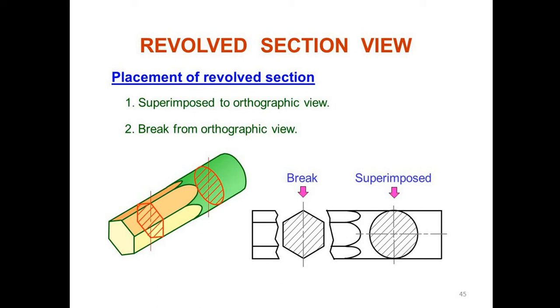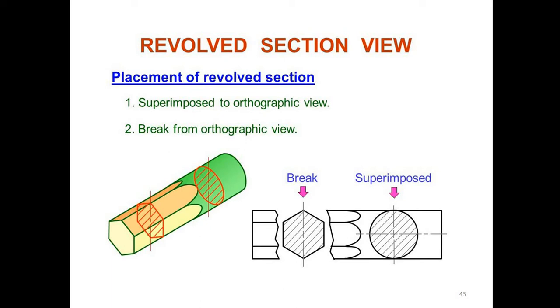One isometric view is shown, with a cylindrical portion and in front a hexagonal shape. Two methods are there, superimposed first. When the cutting plane is taken on that cylindrical surface and revolved by 90 degrees for understanding the cross section of the component, it is shown in a superimposed view. The hexagonal section is there, the cylindrical surface is there, and the cutting plane is rotated by 90 degrees, and the cross section of that is nothing but a circle, which is shown in the figure by hatching lines.